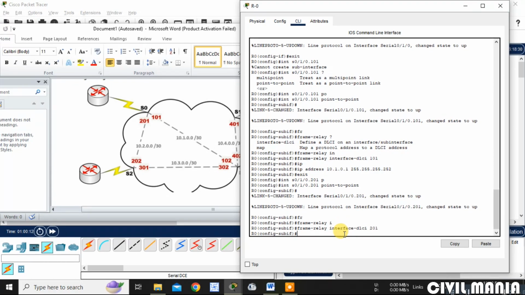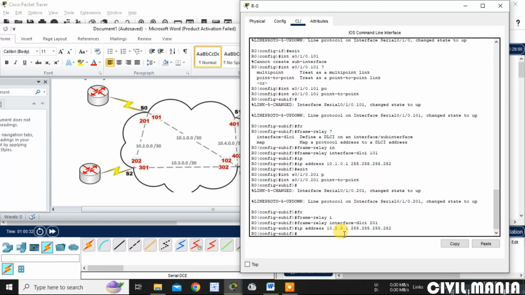Then the IP address is 10.2.0.1. For this one there are two DLCIs, so I have done it for both the DLCIs.